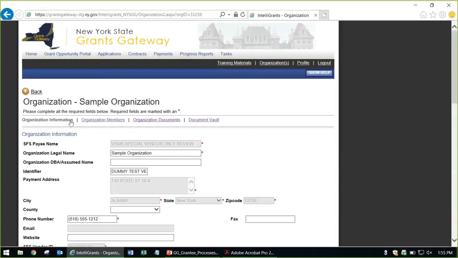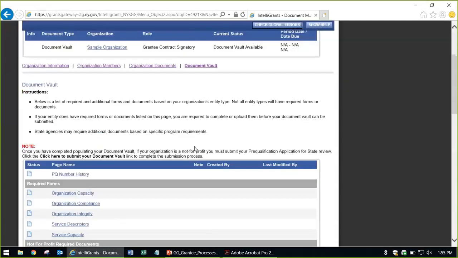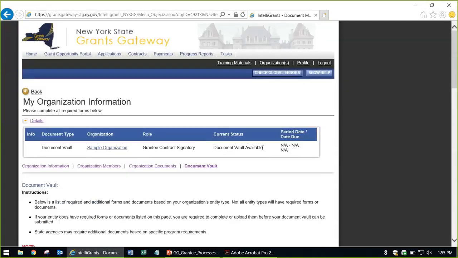You can see these purple links. They may be blue for you if you've never visited them before. And click on Document Vault. And I can see right up here in the top, my Document Vault is available. That's not pre-qualified. So this is one that I don't maintain. It's a test system. Yours should say Document Vault pre-qualified, Document Vault pre-qualified in review, any status that has the